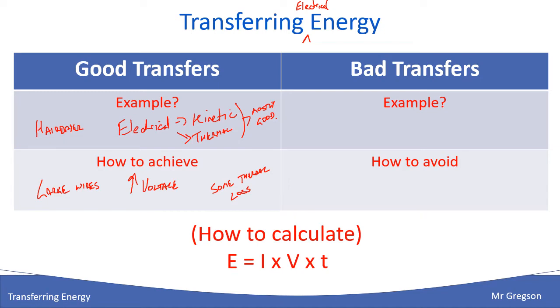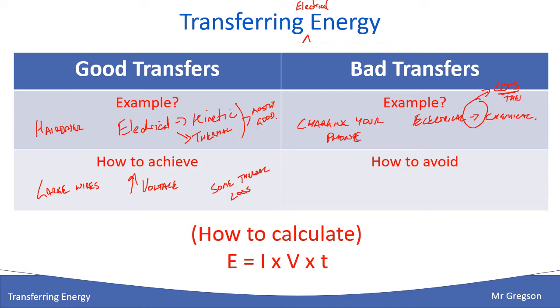Okay, so bad examples. Now I'll give you a different one this time. We could use a hairdryer again and talk about some of that thermal loss, but I think we'd just be talking about the same thing twice. So let me use one that you're all probably familiar with. Charging your phone. Now, your phone, the purpose, the good energy transfer is electrical into chemical. You need to store that chemical energy in your battery. Now that's all well and good, but in this process here, this movement of energy, we get lots and lots of